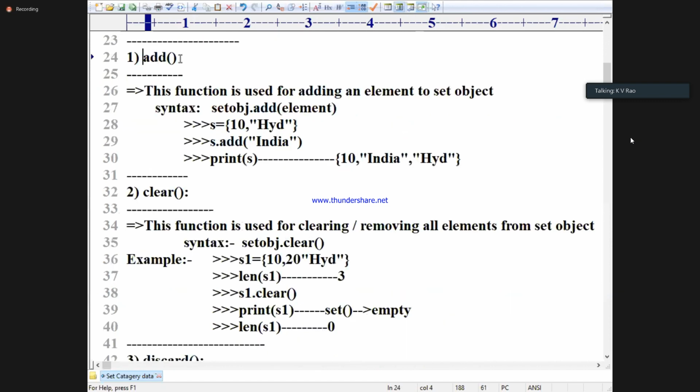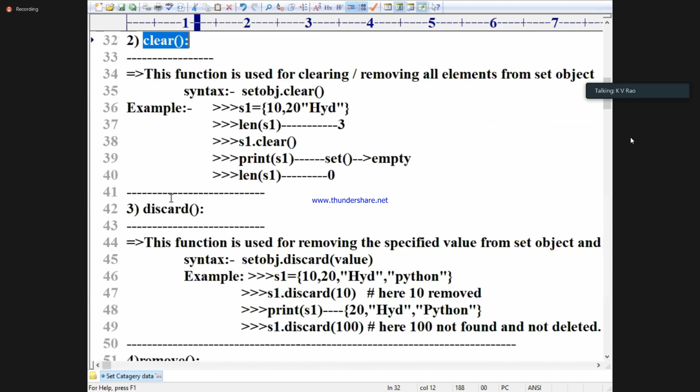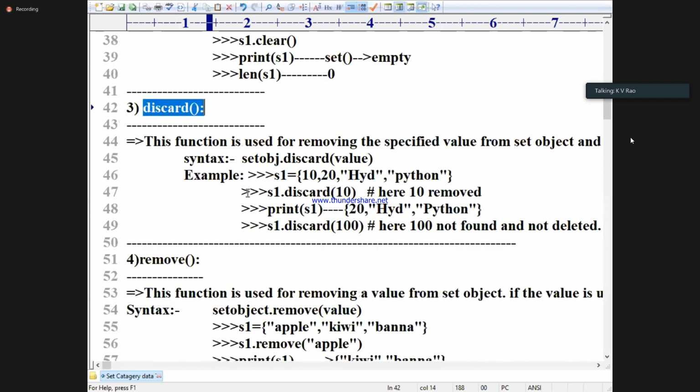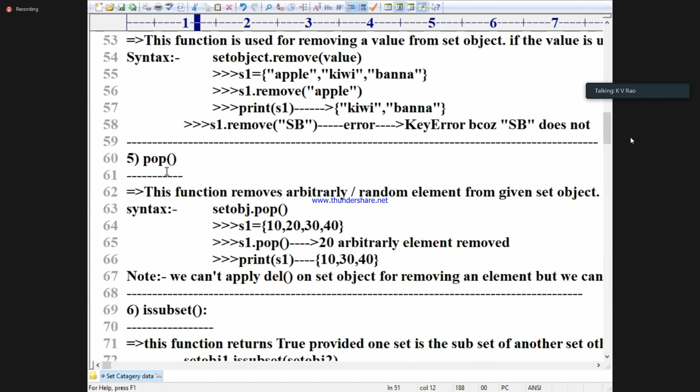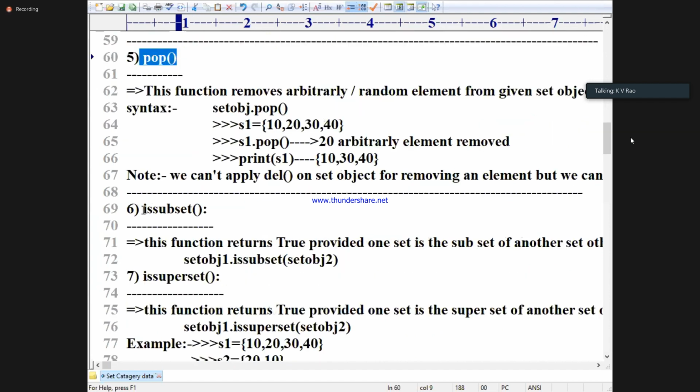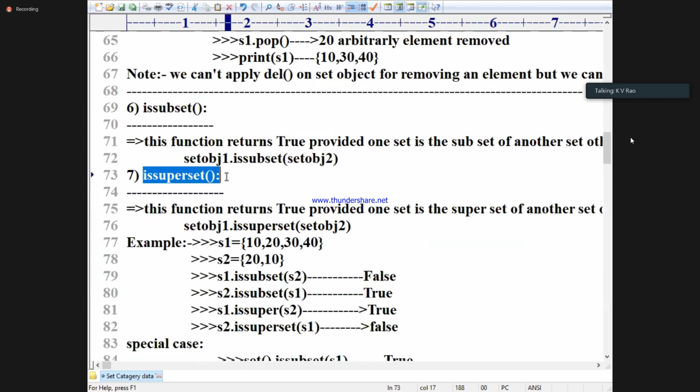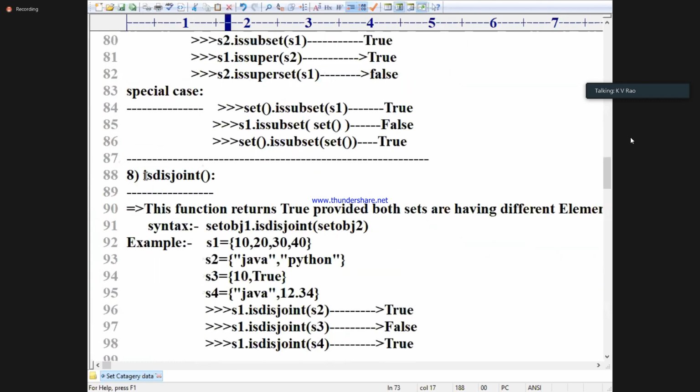Do you have the add method? No. Clear function? No. Next, discard? Not there. Next, remove? Not there. Pop? Also not there. Issubset? Yes, we can. Issubset is not doing changes, just checking. Yes or no? Issuperset? Yes. Isdisjoint?